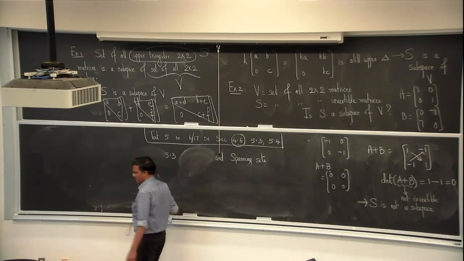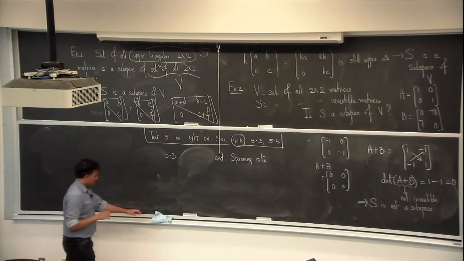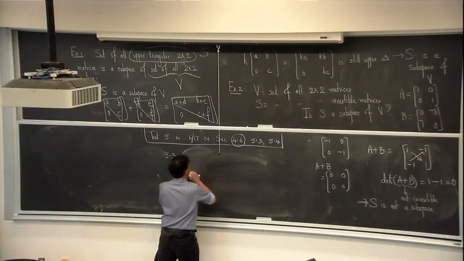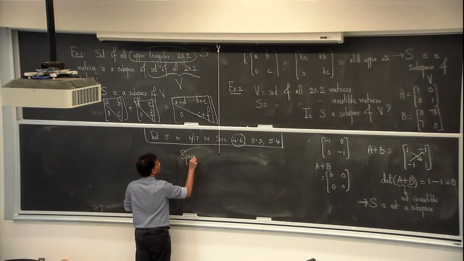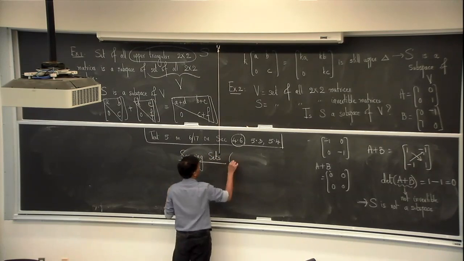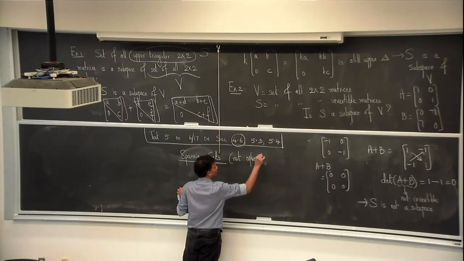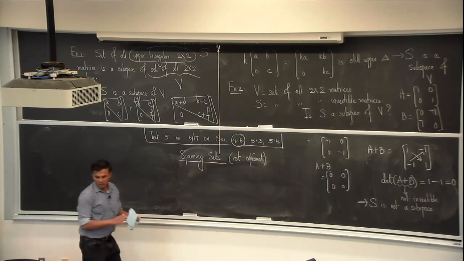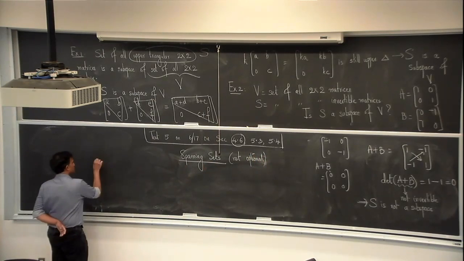So please write these definitions carefully, because if you miss a word here or there, you might end up answering opposite things. So spanning sets. So you need to take your brain out of the optional mode, not optional. Okay, so let's define this first. Okay, definition: